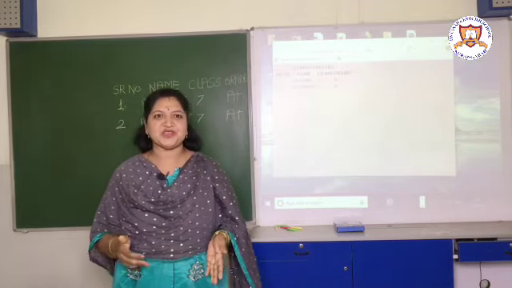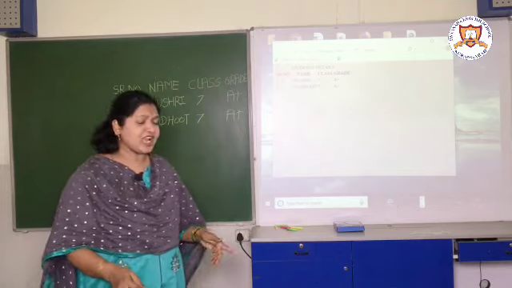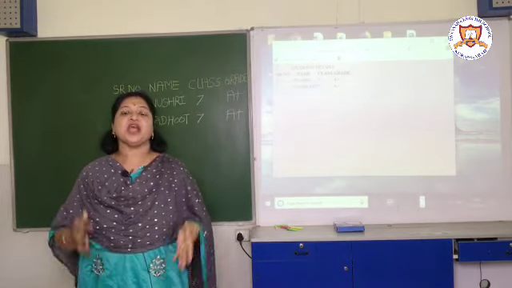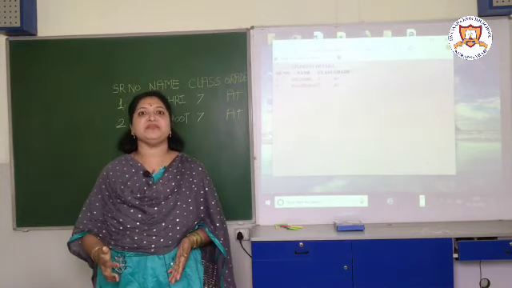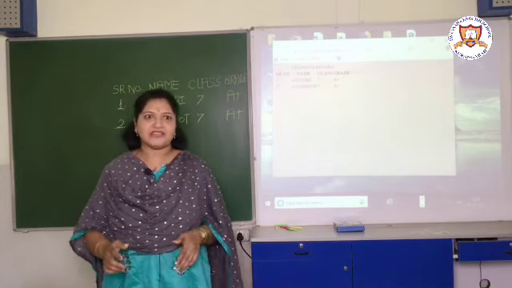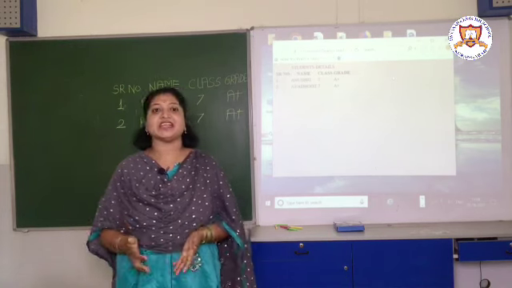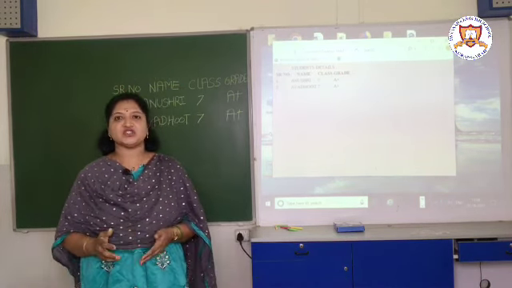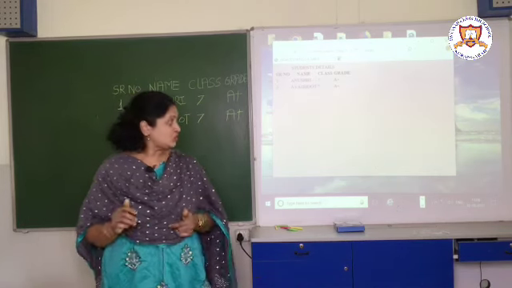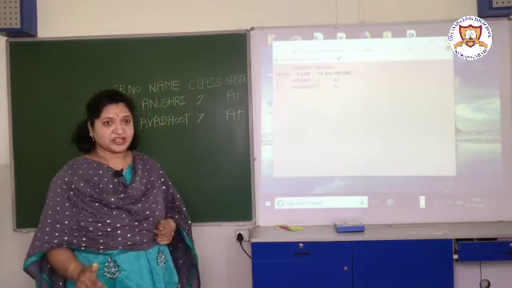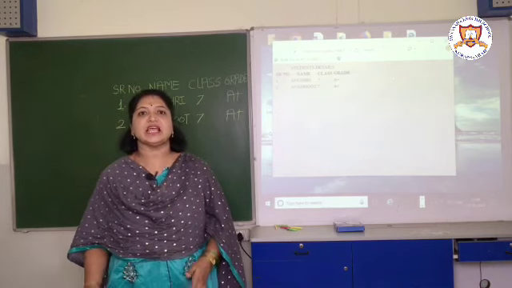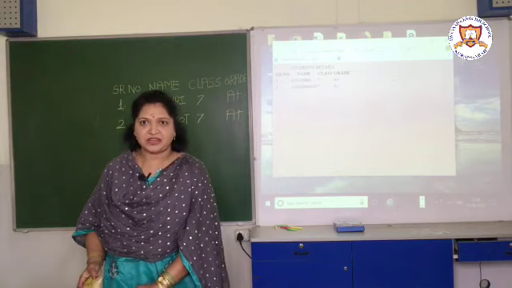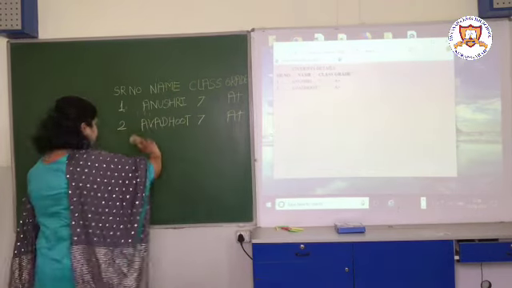In the computer we are not making use of a pencil and scale, but instead of that we can use attributes. As I have told you, what is meant by attribute? An attribute is additional information about that tag. Again I will repeat, what is meant by tag? Tags are the commands of HTML. So now we will give attributes to the table tag. The table tag has many attributes, so we will see those attributes.